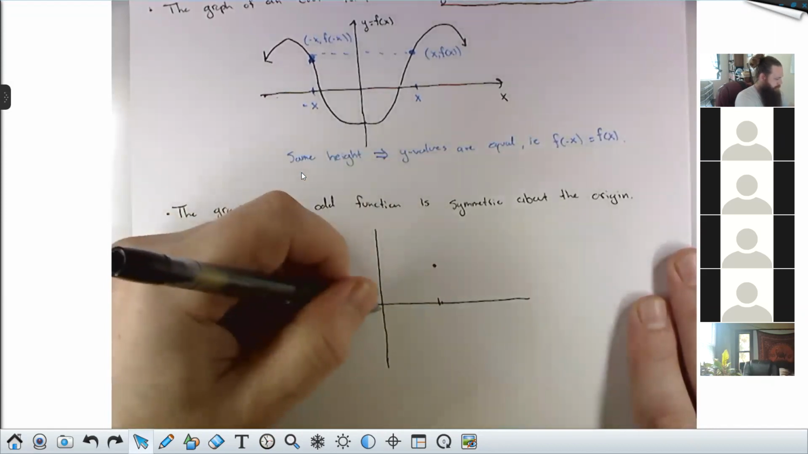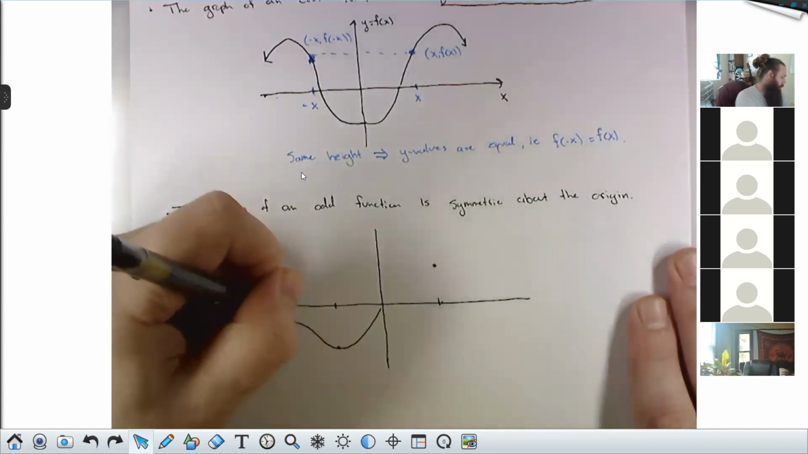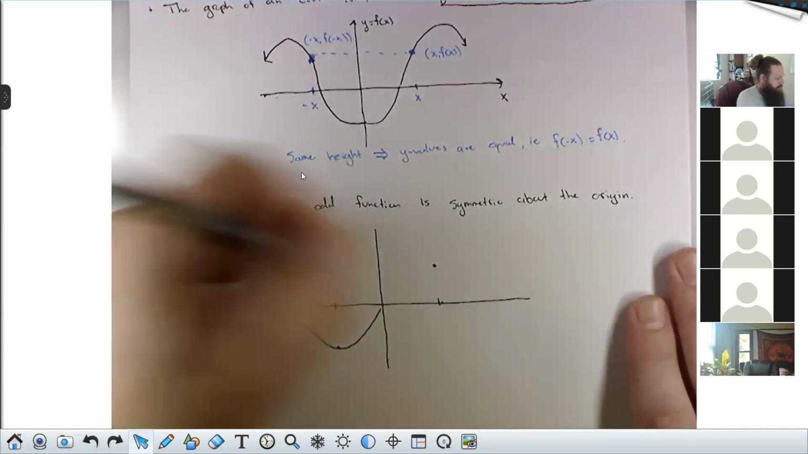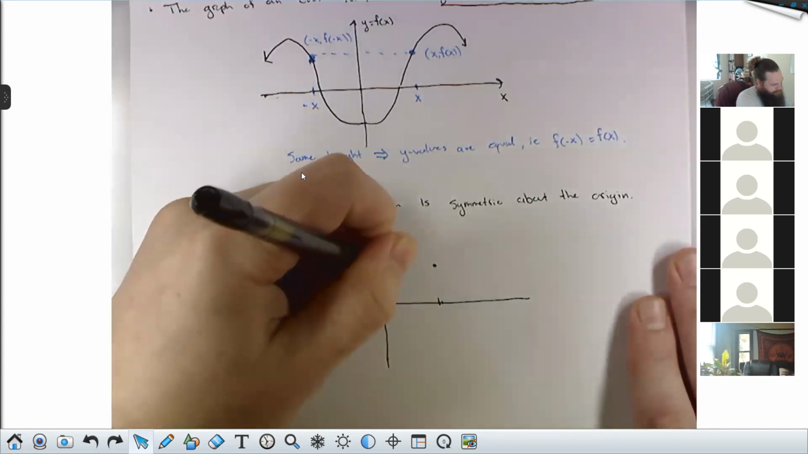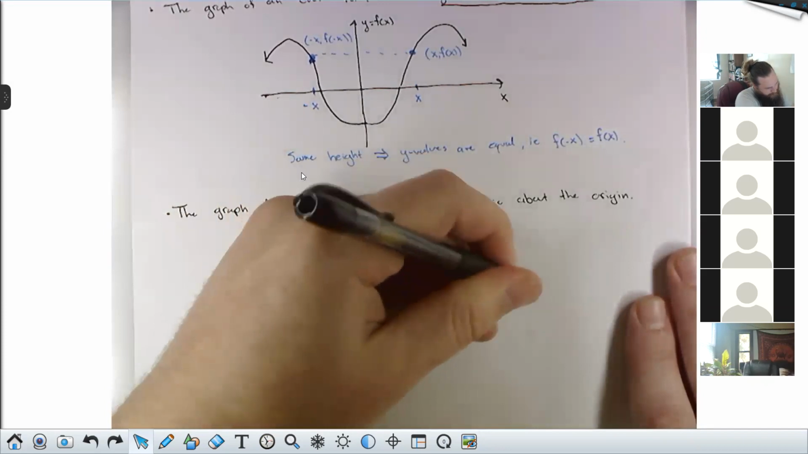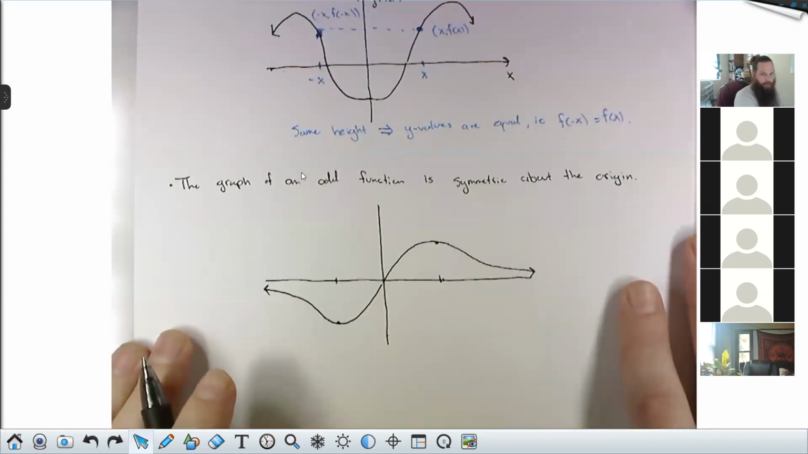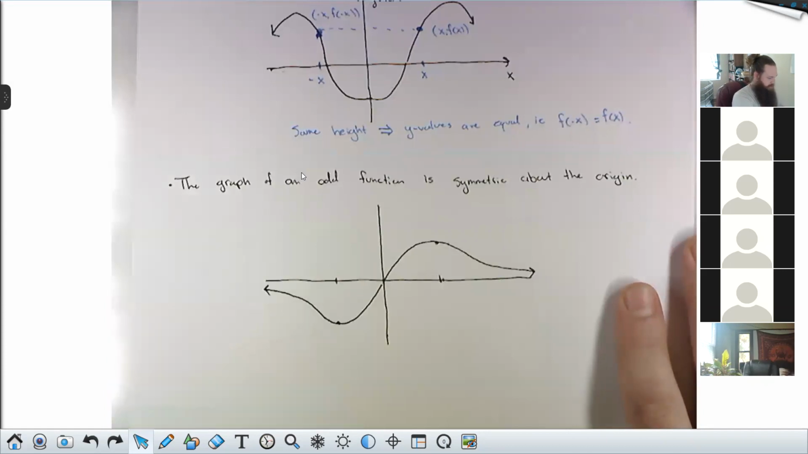Okay, let's say something like that. This is an example of an odd function. And what we mean by origin symmetry is